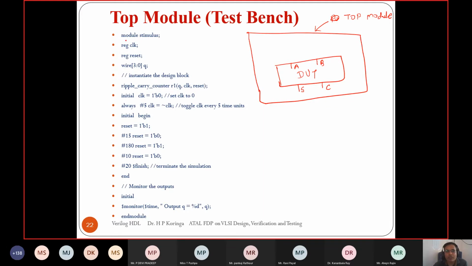If you see the structure of the top level module, it is the keyword module, then the name of that module. You can specify any name, and the same rules for module names apply here.